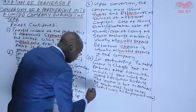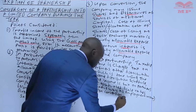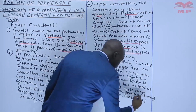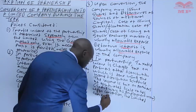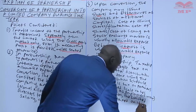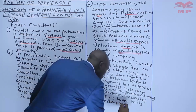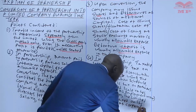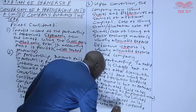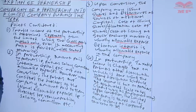Upon the conversion, the limited company is taxed on its own income at corporate tax rate of 30%. That is what we are saying about this point,